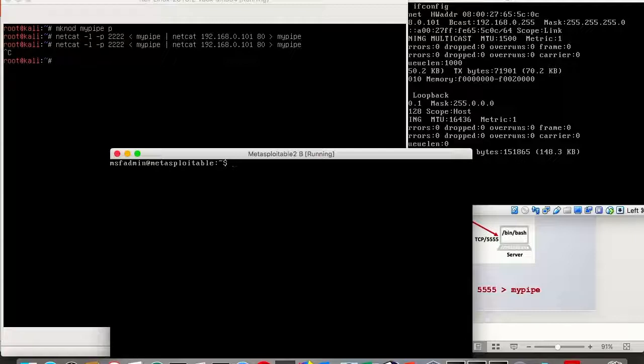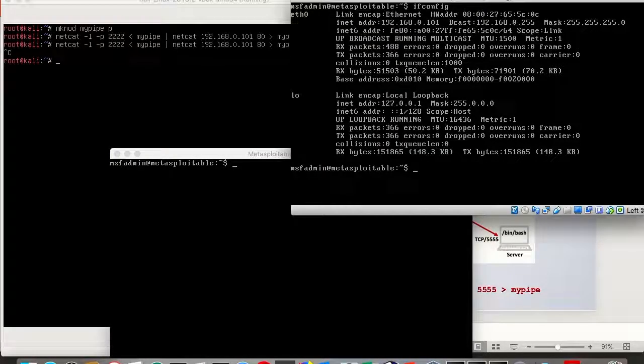And the way to do this is, we're gonna start first by setting up Netcat as a server on the target machine. So we will set it as a server with -l -p on port 5555, and then execute the bin bash. So now we have a server on port 5555 attached to the bin bash.